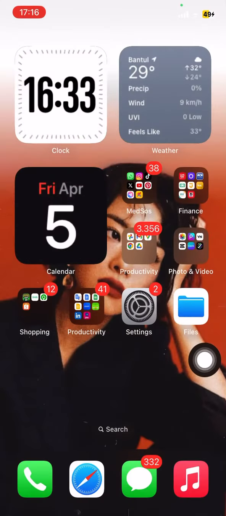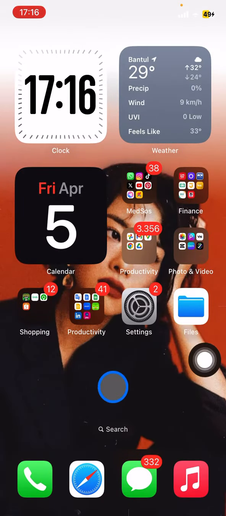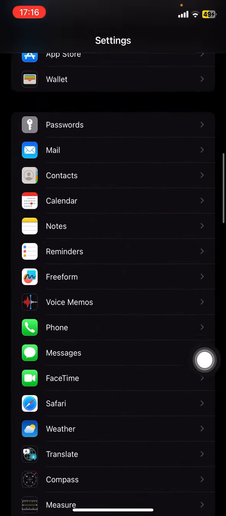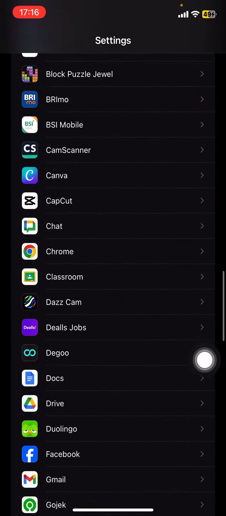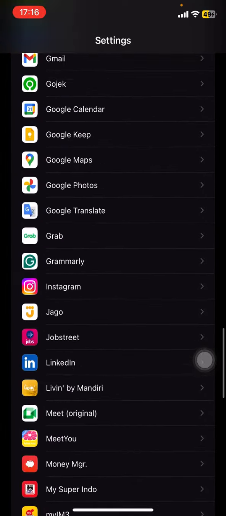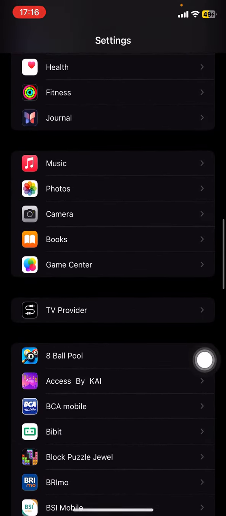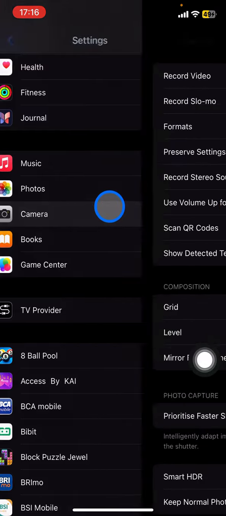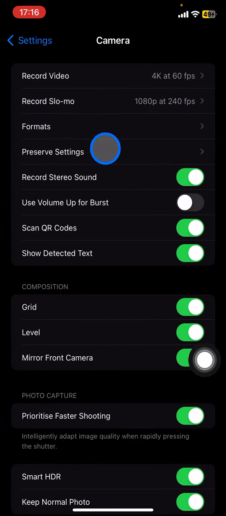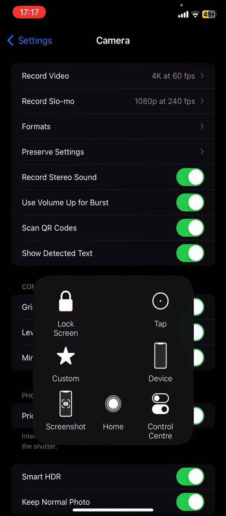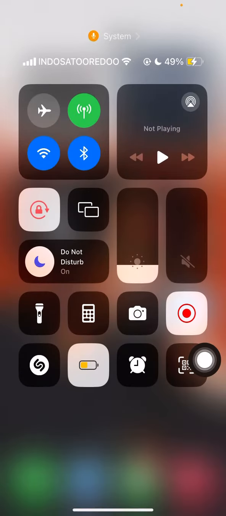Go back to your home screen and open Settings, and right after that, scroll down until you find the Camera section. After you find the Camera section, click on it, and please take a look at this first box. There will be an option called Use Volume Up for Burst, and you just need to click it. Then go back to your home screen and open your camera again, and start clicking your volume up button to take the burst